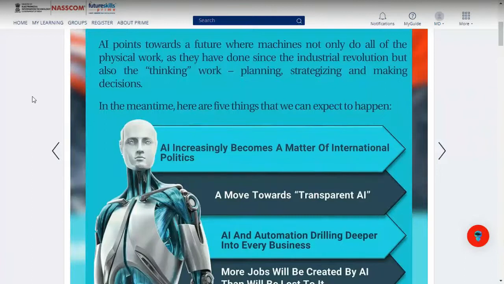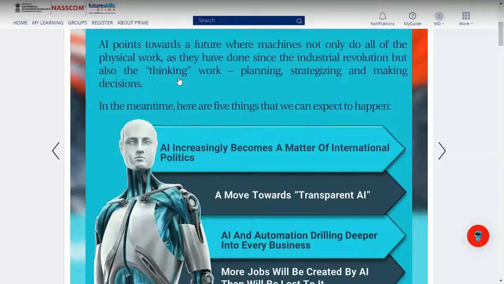Physical work is pushing the car. Driving the car is physical work, holding the steering wheel. But thinking when to take a turn, that is mental work. When you see something, you are supposed to stop your car. If you see an accident ahead of you, you are supposed to stop. If you see somebody crossing the road, you are supposed to slow down. That is thinking work. That is done by brains.